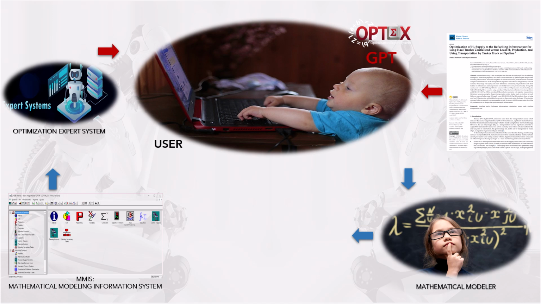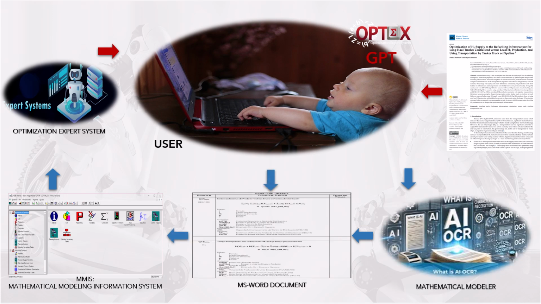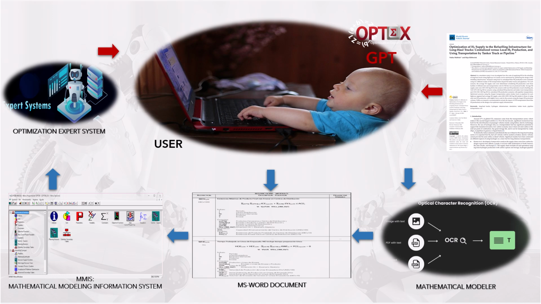The idea is that OPTEX-GPT can help in this process of normalization of unstructured information sources to information structures in MES. This includes using AI OCR tools to produce different types of documents aimed at storing their contents in the expert system. These new mathematical models must be revised by OPTEX and by the modeler. This connection will allow inexperienced users to convert the content of articles of interest into models, or tell OPTEX-GPT to locate models according to their interests, and put them into the expert system.